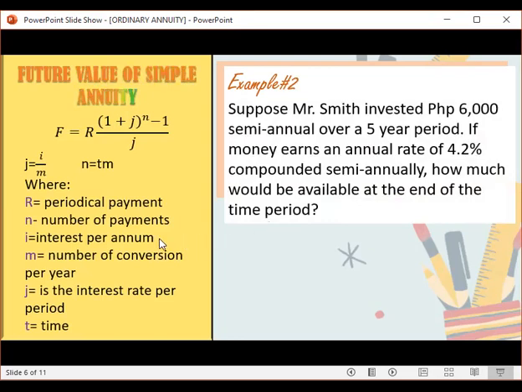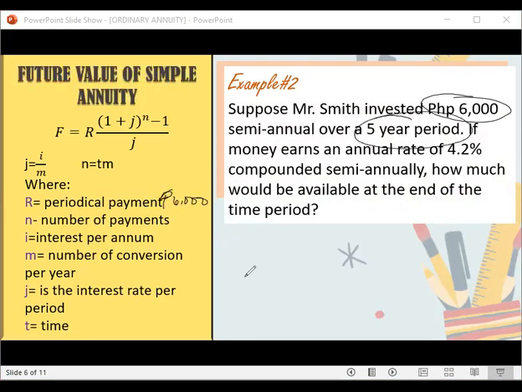Okay, so first, step 1, again, is to find the given. So, what are the given? 6,000 pesos. What is it? So, R. It is the periodical payment. Next one is the 5-year period. So, it means the time frame is 5 years. So, 5 years. Next is the interest. So, 4.2%. So, of course, we convert it to decimal,